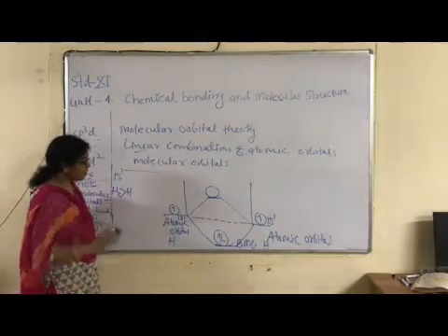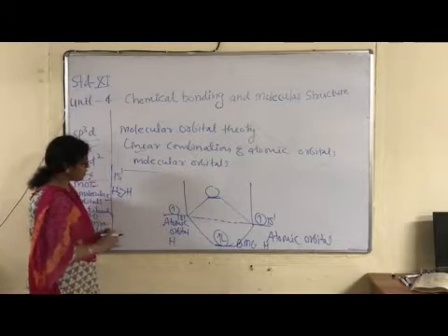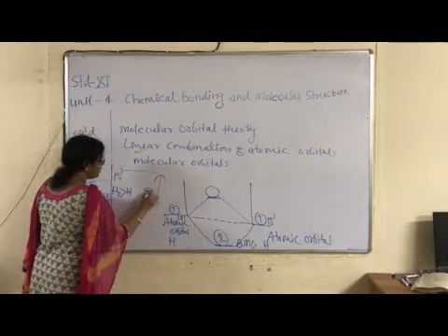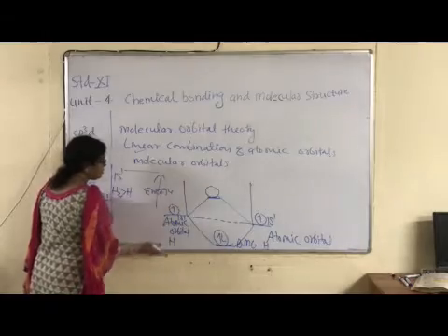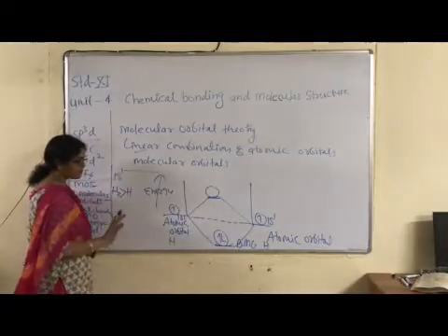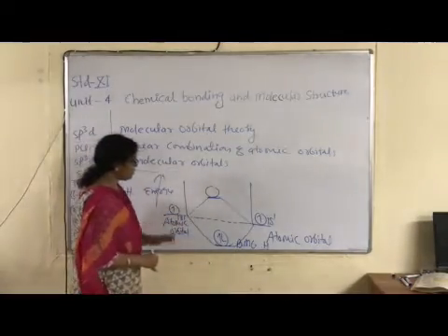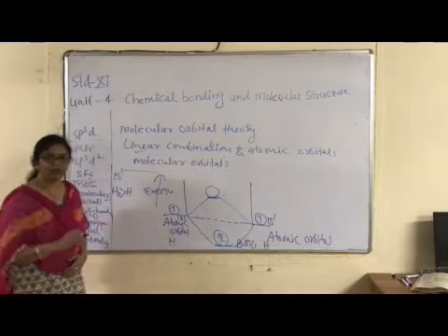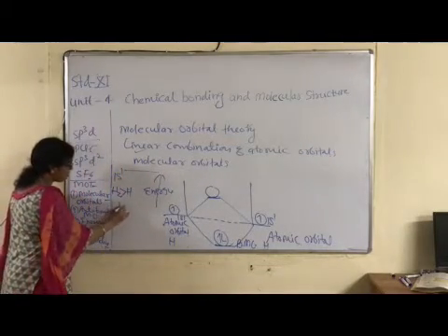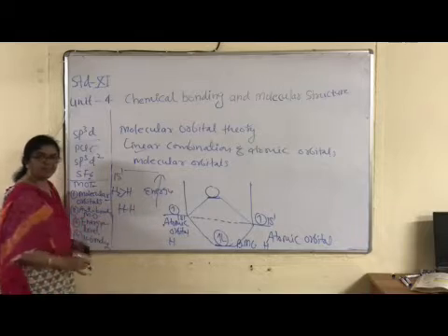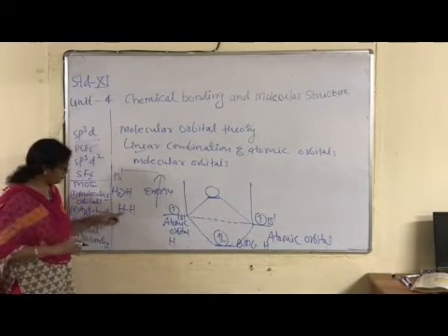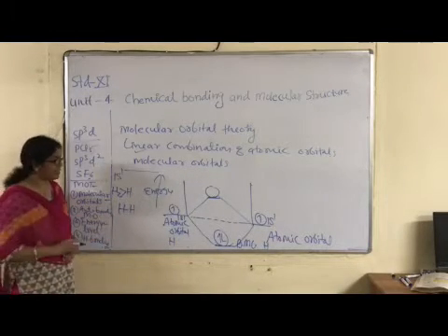Okay children, one important piece of information comes from this energy level diagram. This is the E diagram. What is written here? Energy, in increasing order of energy, right? The significance of this is that we can calculate the bond order. How many bonds are present between H and H? H single bond H is correct, but let us verify whether this single bond is correct or not.